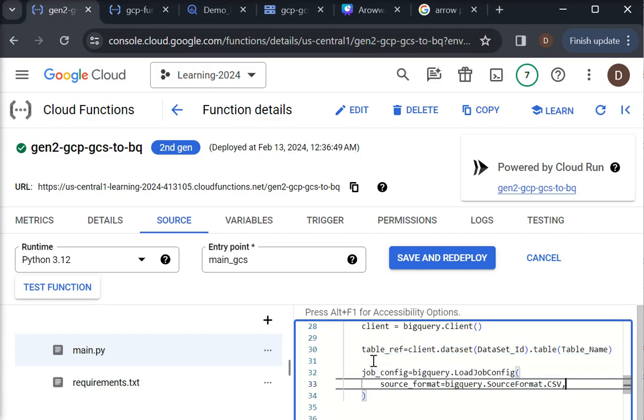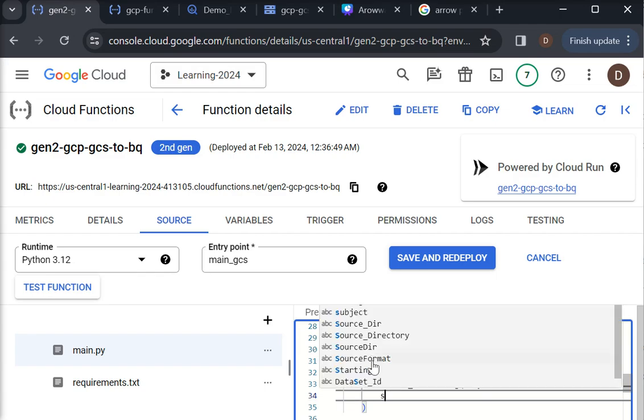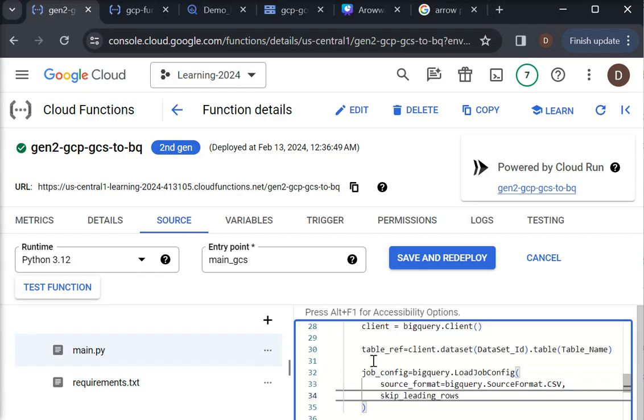Then we have to pass another variable, that is skip_leading_rows equal to 1,